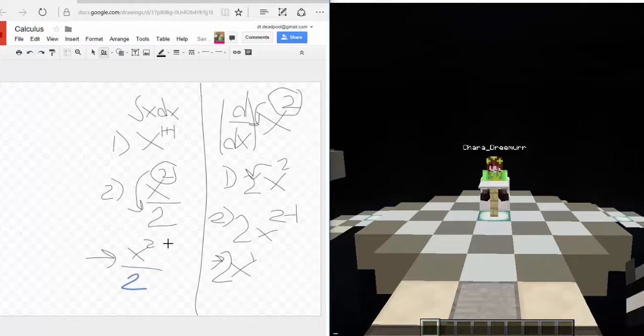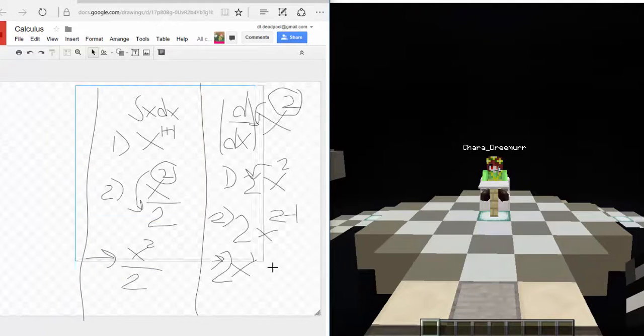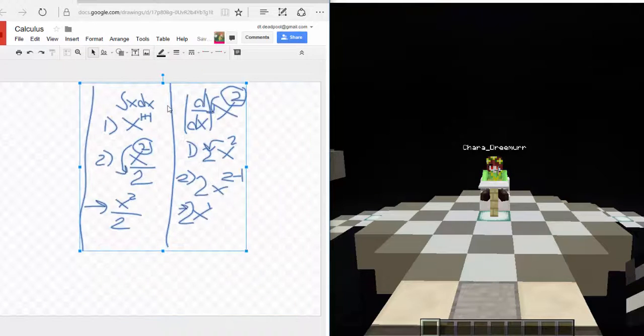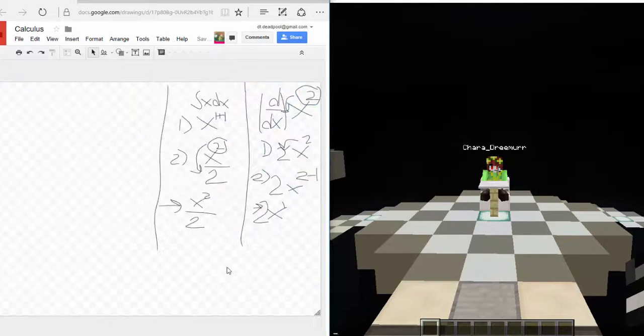Got it? So it'll be x to the power of 1 plus 1, x to the power of 2, and that'll be moved to the denominator. It will be x to the power of 2 over 2. Yes, I'm going to move these things over here. And that's for the antiderivative, right? Yes. So it's really important that you add 1 to the exponent. You mess with the exponent first, then you bring it under. Okay? Now, notice also, watch this.